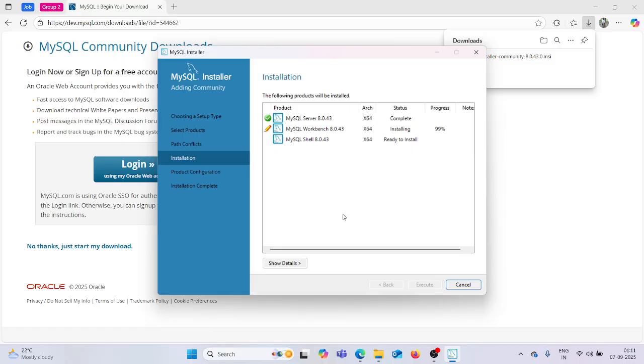Your server will be your DBMS, and for the server, the client will be your Workbench and Shell. Shell is the command line, and your Workbench will work as the graphical user interface. So three products you will have to remember.